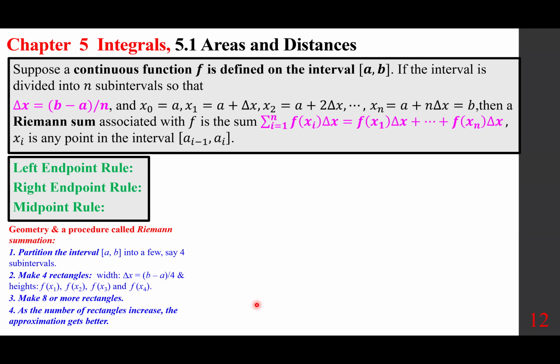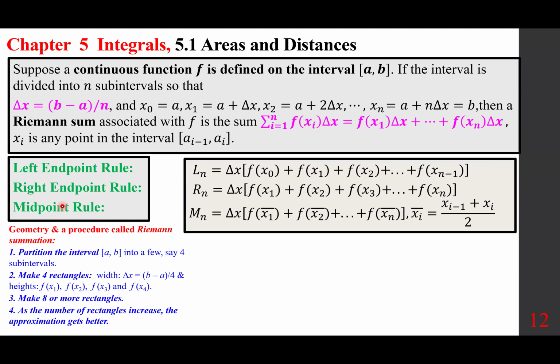So we can use the left endpoints, the right endpoints, the midpoints. These are the formulas. And I'll show you how to avoid memorizing them and an easy way to figure them out. But just for the sake of argument, L sub n is delta x times f of x sub 0 all the way to f of x sub n minus 1. R sub n starts with f of x sub 1 all the way to f of x sub n. M sub n, the M stands for the midpoints. So the area for 4 would be the summation i from 1 to 4 of f of x sub i